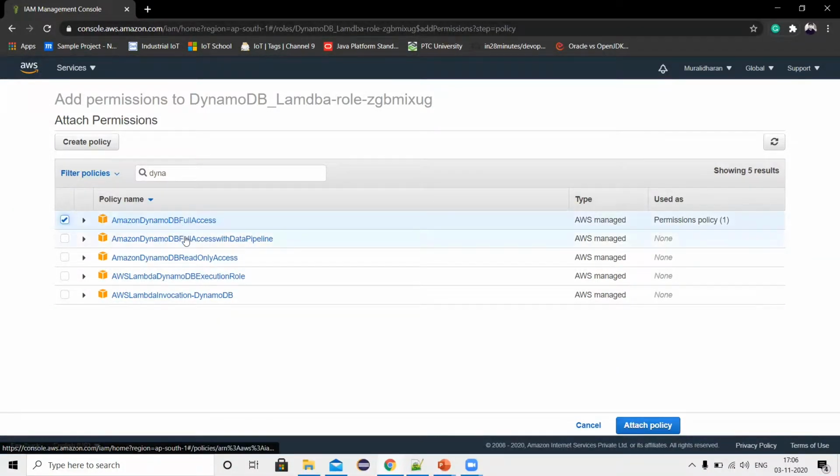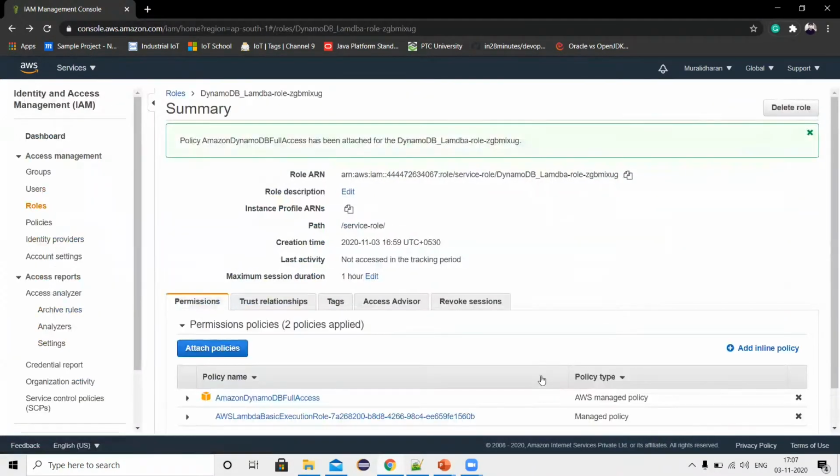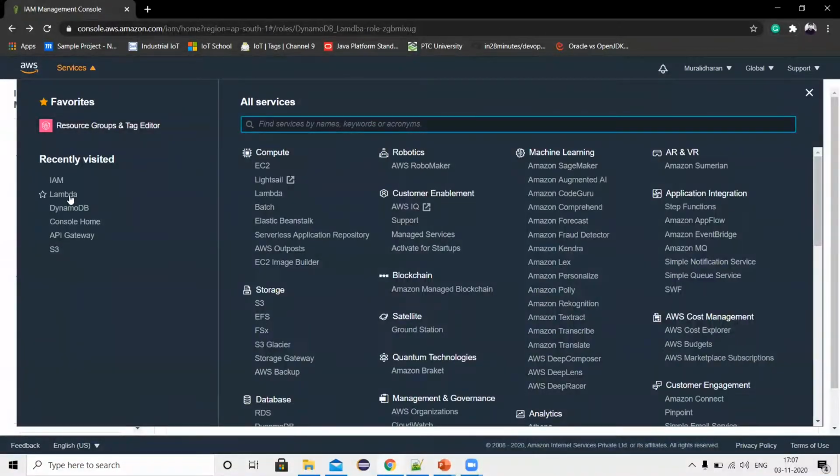Based on our requirement, we can choose either full access, or only read access, or DB execute role, whichever access is appropriate. Here I'm providing DynamoDB full access. So I have given access, and I'll switch back to the Lambda service.